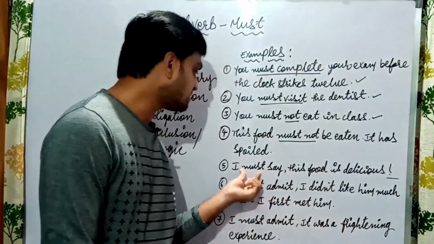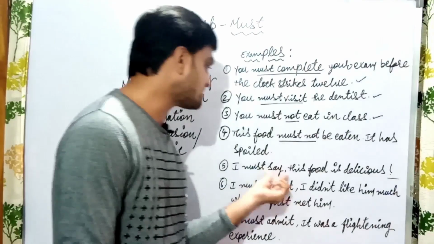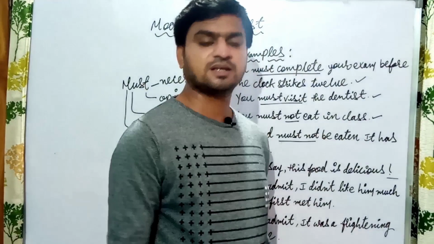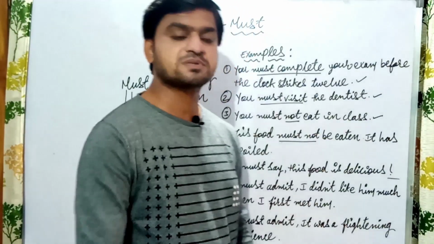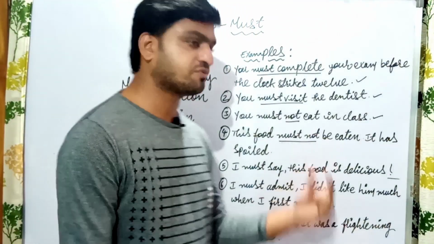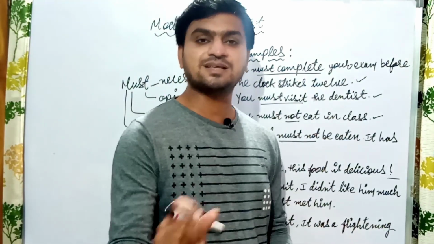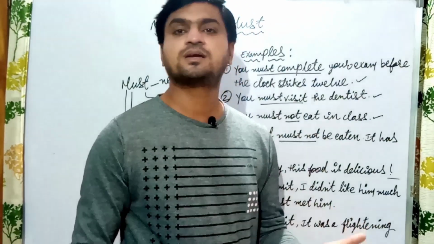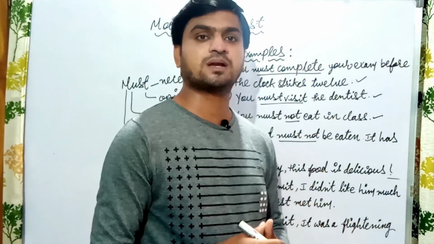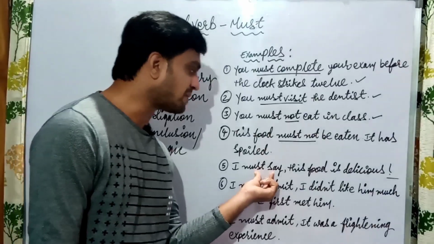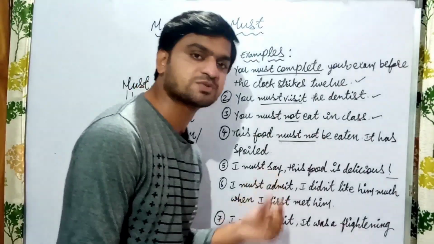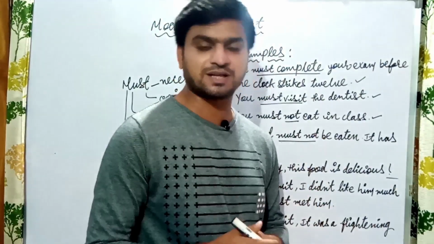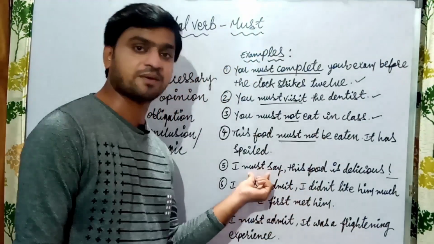So here I made a sentence. What is that? I must say this food is delicious. So I am eating again with my friends in that same restaurant, and I am saying to all my friends that the food is very delicious. So delicious means what here? I did not expect that the food would be very tasty, but suddenly it happened. So whenever we are using must say, that indicates what? Beyond your expectations. If something beyond your expectations happens, we can use must say.